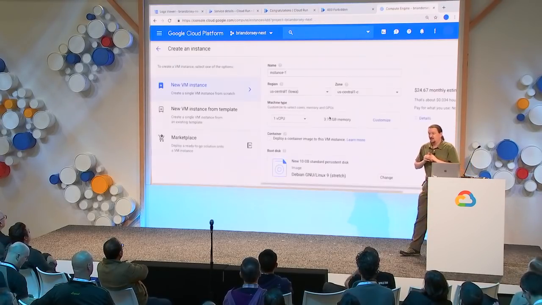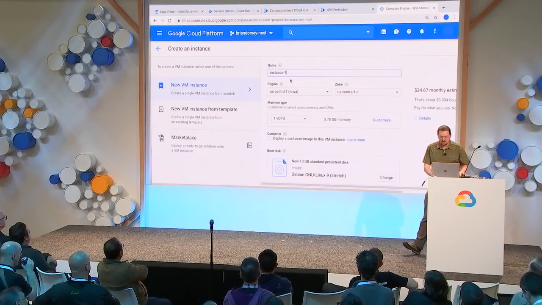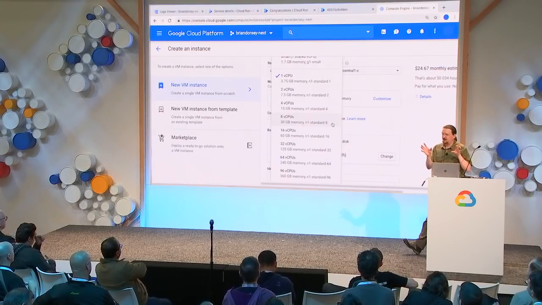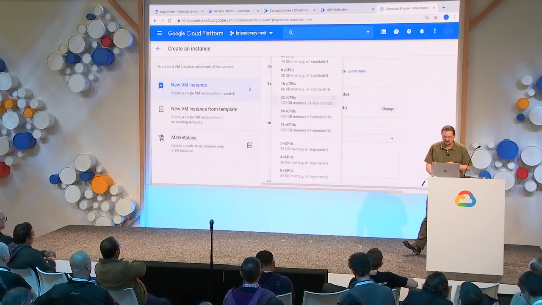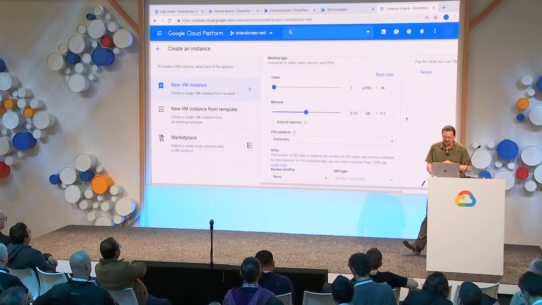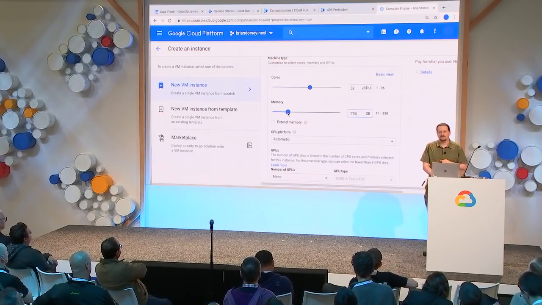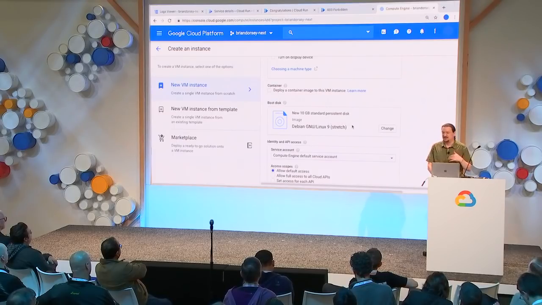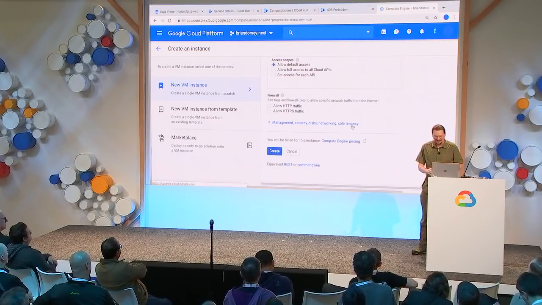And basically, the way this looks is you pick a name, you choose a preset balance of CPUs versus memory, or click Customize and you get these sliders. And you're like, oh, I want this shape machine. And I'll pick a different disk and that sort of thing. I'm not going to actually do this and log in because I'm trying to say too many things in one go. But I wanted to highlight down here at the bottom,